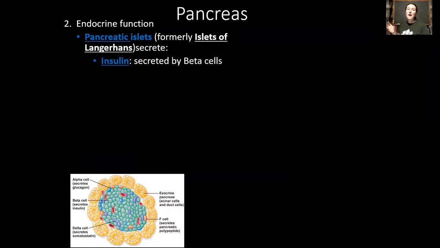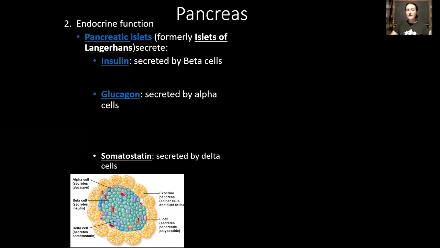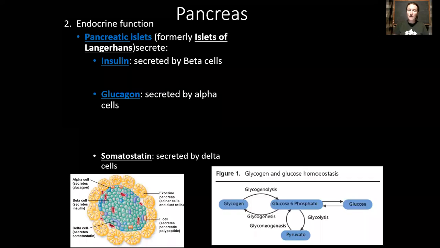First of all, the pancreatic islets produce insulin, produced by the beta cells of the islets, as well as glucagon. Sorry, one second. There's a third type of hormone, and that is somatostatin. We're not really going to talk about this very much, but it is another pancreatic hormone. Insulin and glucagon are essentially going to be released to inform the liver, inform the tissues of essentially what we should do with glucose.